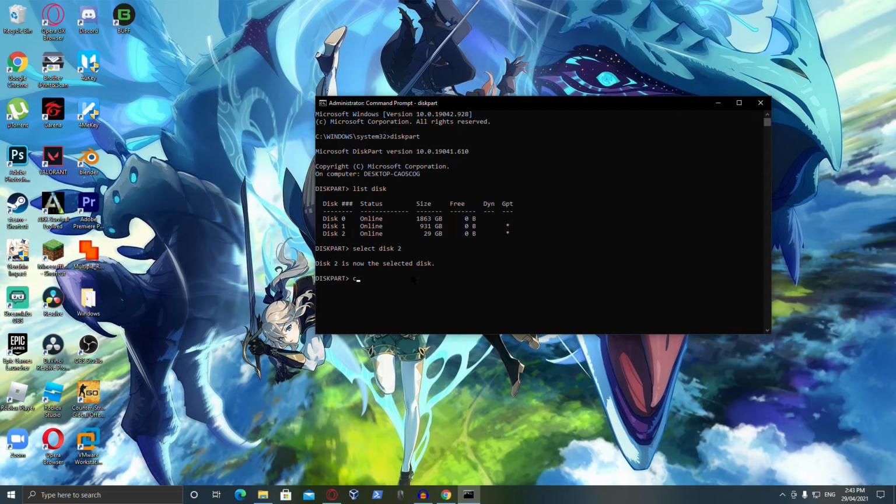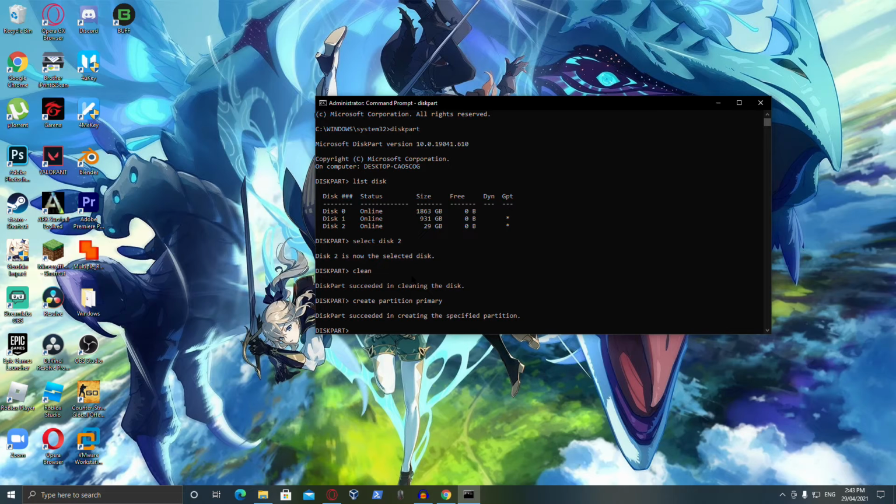Now we need to clean the disk, or reformat it. It's just going to clean the disk, that's all. Then we need to create a primary partition. This will make a partition so that it would be able to do some other stuff with the hardware inside the disk, or inside the flash drive. Okay, we need to enter that one and then select partition